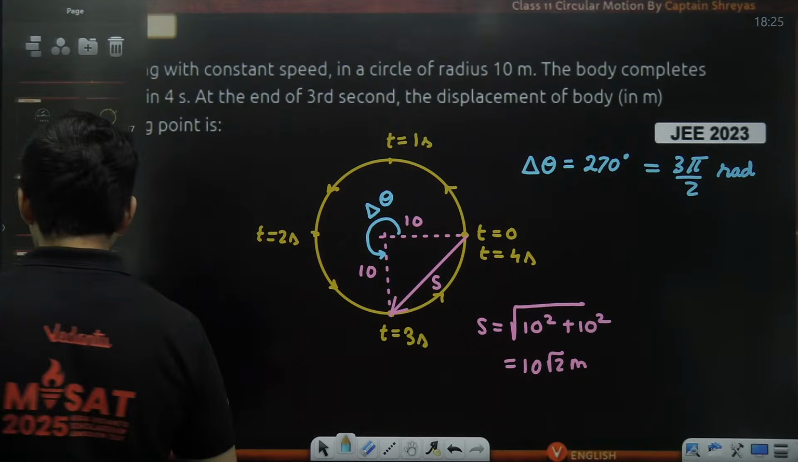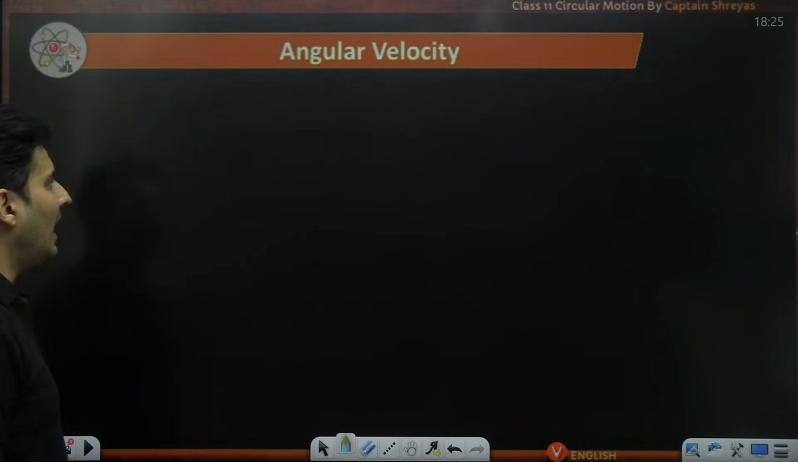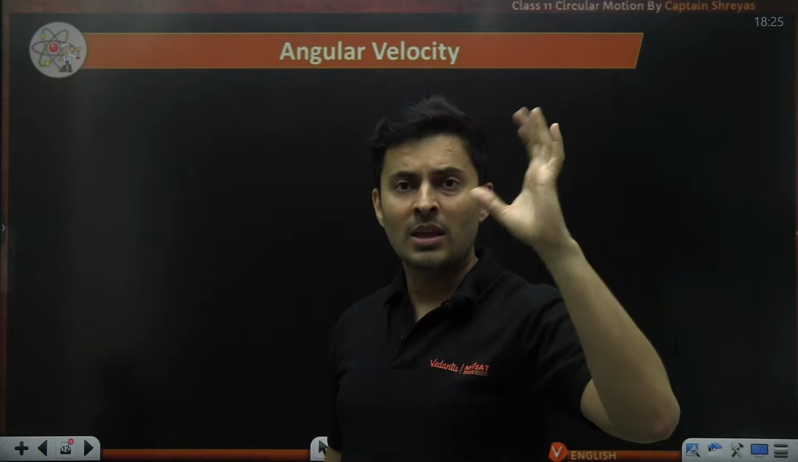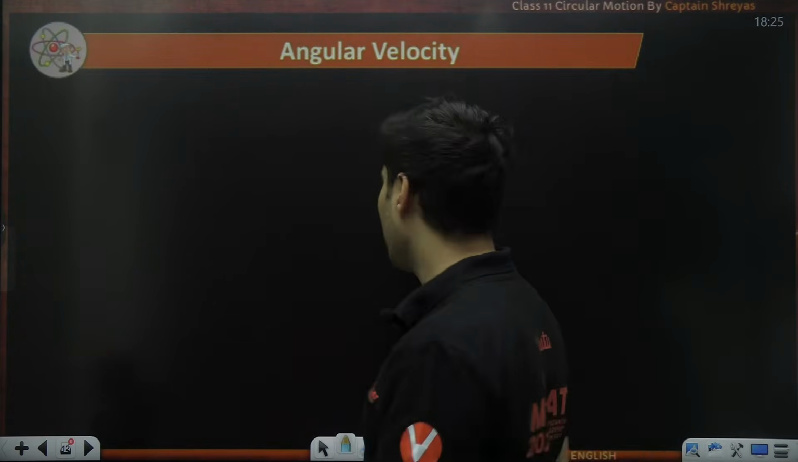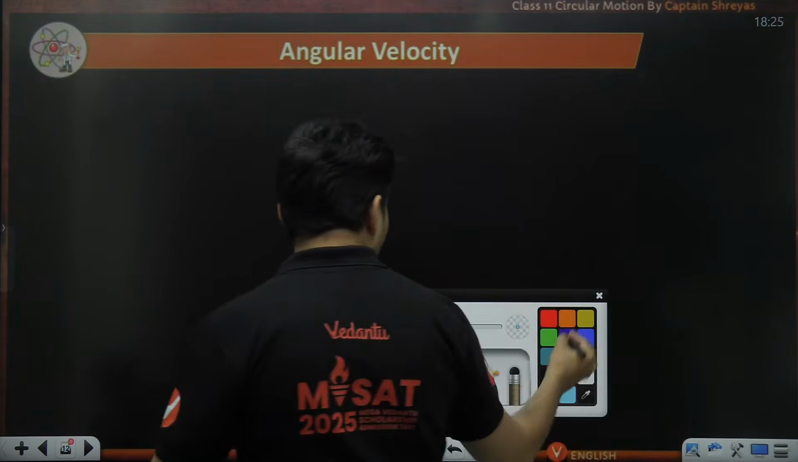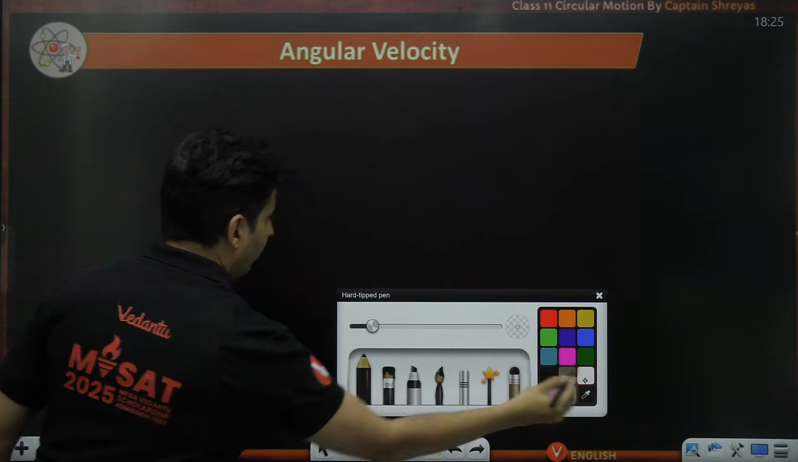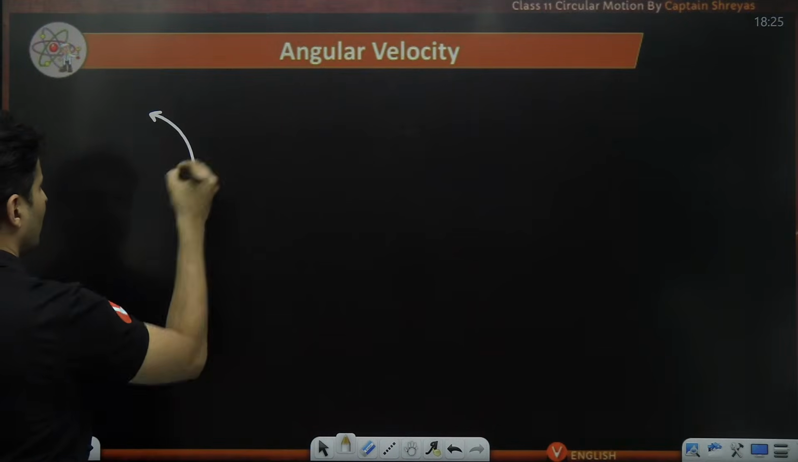Now that we have understood this, let's go to the next term, which is angular velocity. Position done, displacement done. Obviously, if I've displaced, I would have taken some time. So to cover the displacement, how much time I took, if I divide that, I will get how fast I'm displacing the angle. So if I consider the path of a particle, let's say it is going like this,